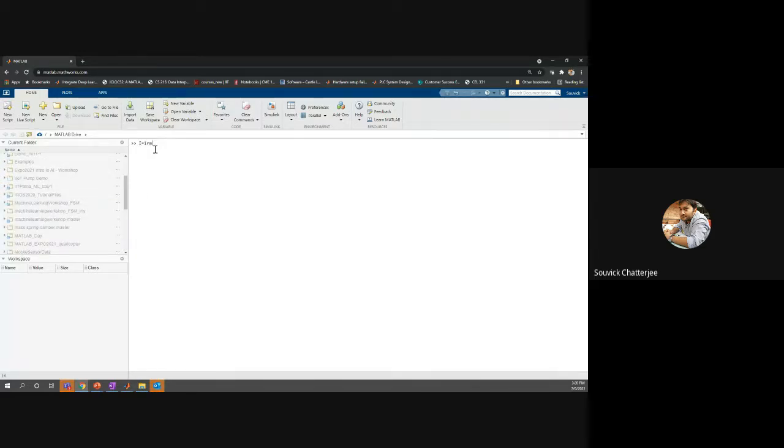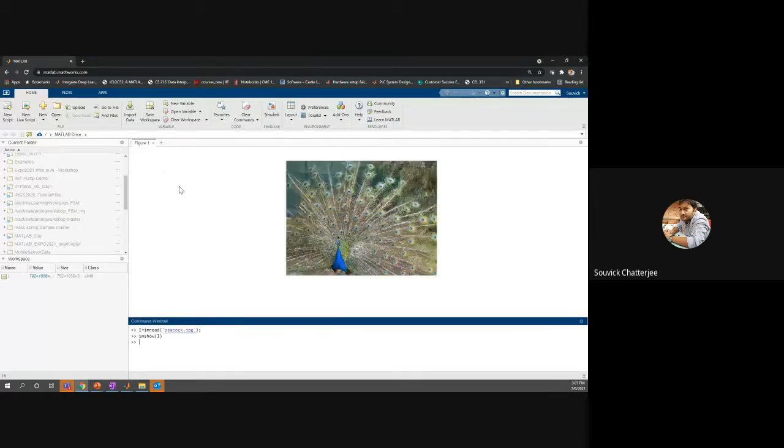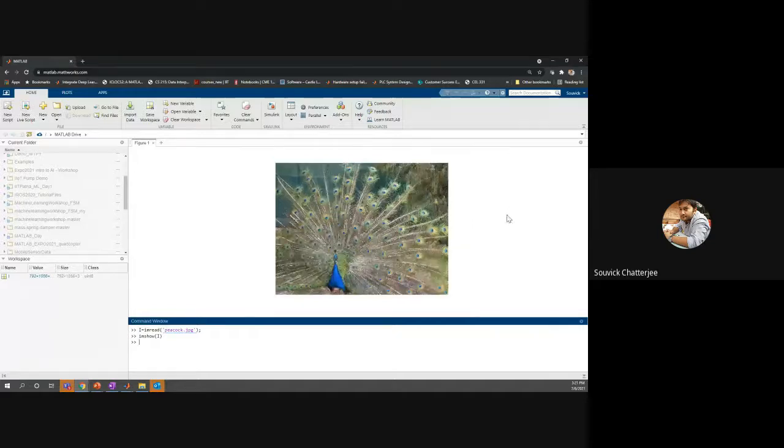So it is imread only, or the datastores and webread and whatever we talked about. So all those things work. But the concept here is having that file inside MATLAB Drive. So if I do imread, you can see that it will be the same thing that works here. And then I can say imshow of I. This will come up. Okay. Kaggle also, all this type of repositories work. So either Kaggle or any of this thing.